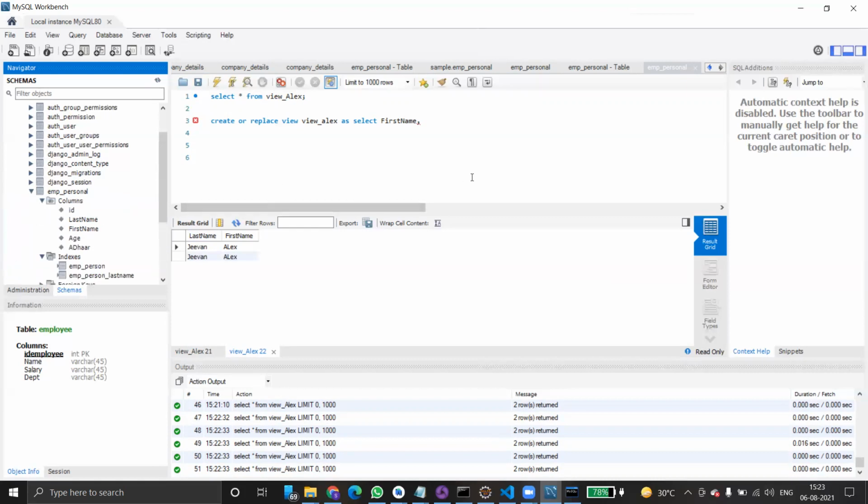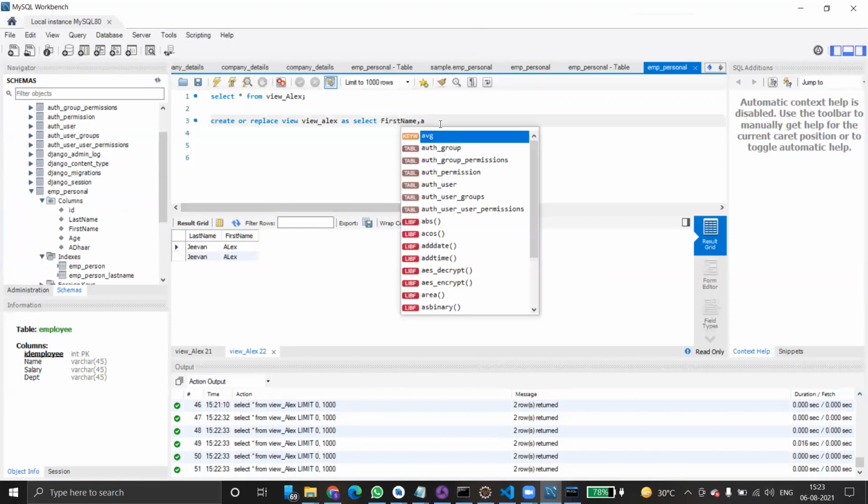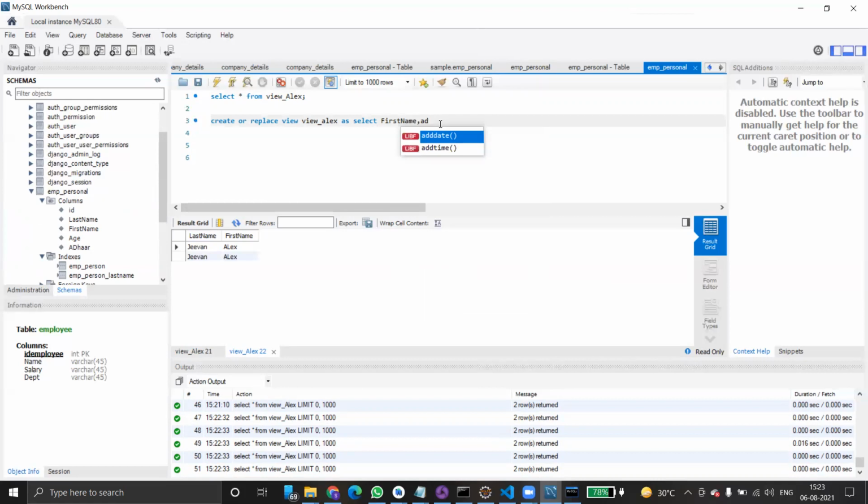Okay, Aadhaar, I can simply type A, D, H, A, R, Aadhaar from employee underscore personal, where the first name equal to Alex. That's all. Okay, so just formatting it.